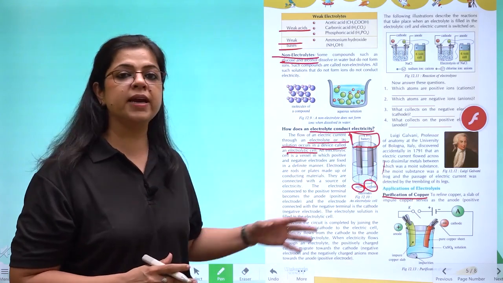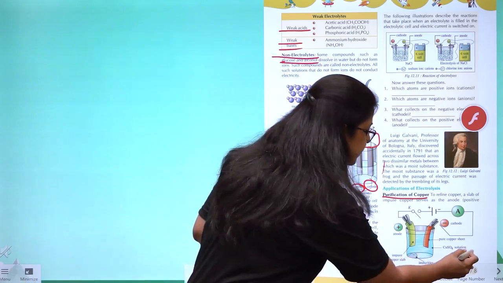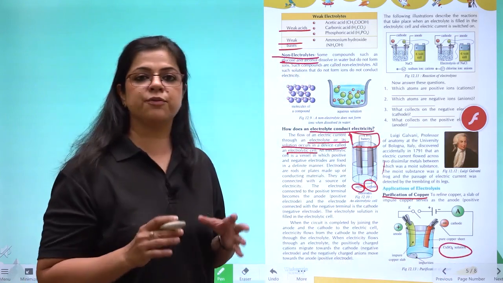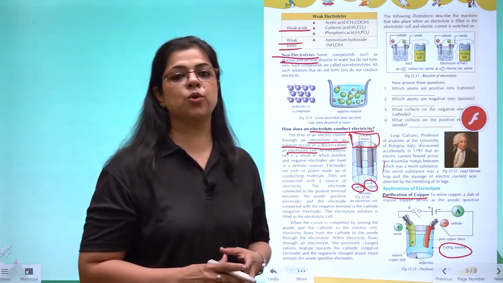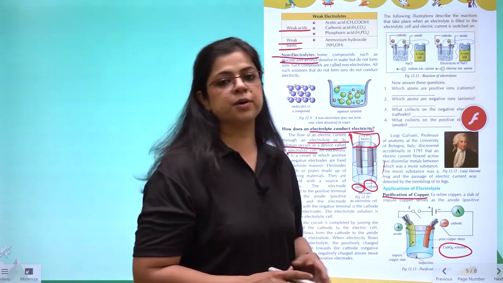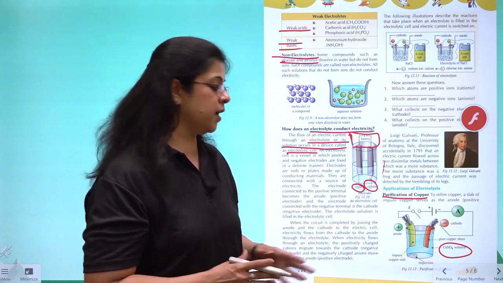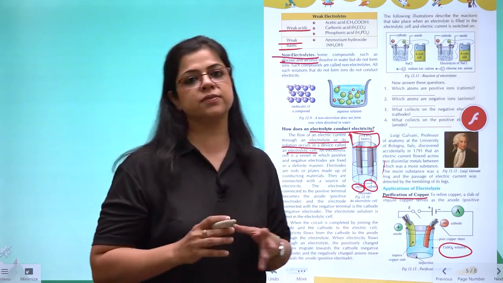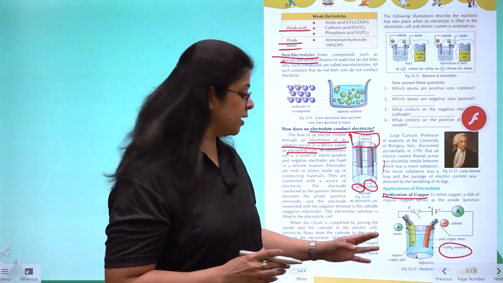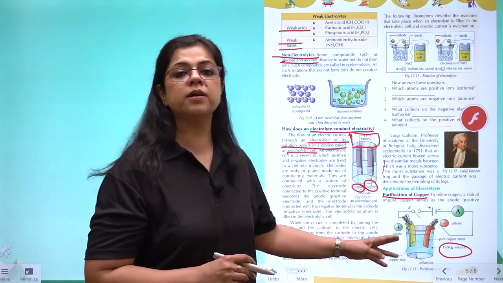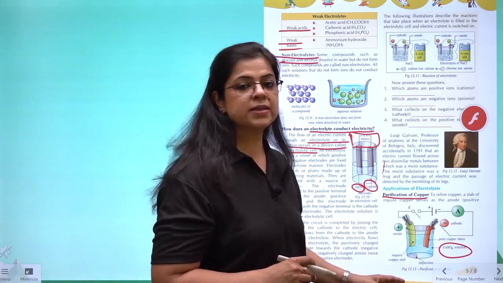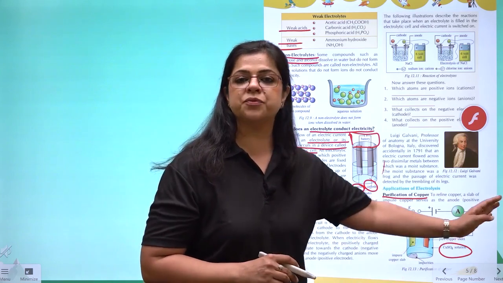प्योरिफिकेशन ऑफ कॉपर के लिए हम जो सोल्यूशन या इलेक्ट्रोलाइट लेते हैं, दैट इज कॉपर सल्फेट सोल्यूशन. हम एक प्योर कॉपर की शीट को बनाते हैं नेगेटिव टर्मिनल, और जो इम्प्योर कॉपर है उसको हम बनाते हैं पॉजिटिव टर्मिनल. इससे क्या होता है? जो पॉजिटिवली चार्ज्ड कॉपर है एनोड के ऊपर, वो इलेक्ट्रिसिटी पास करने पर ब्रेक अवे होके नेगेटिव की तरफ भागता